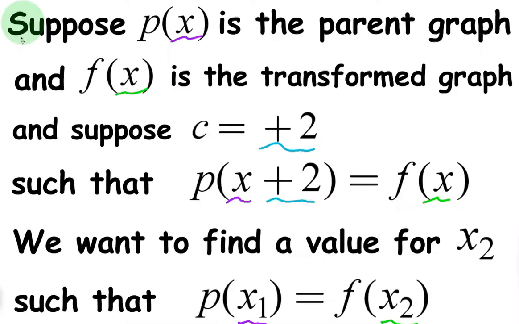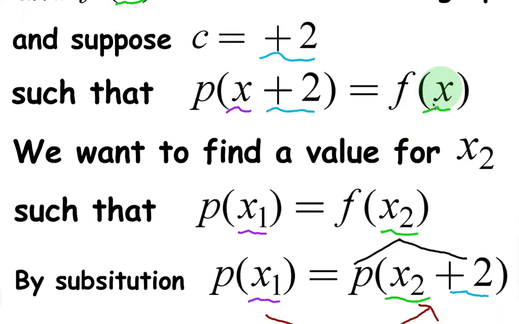Alright, let's move to a little bit more abstraction here, closer to our proof. Suppose p of x is the parent graph and f of x is the transformed graph. And suppose that c is equal to positive 2. In other words, you're taking the parent graph and you're adding 2 to the x value to reach the transformed graph. We want to find a value for x2 for our second x value, meaning our transformed function x value,